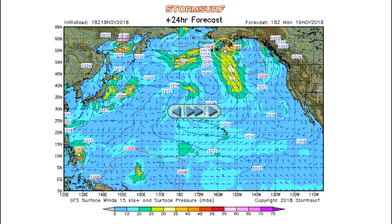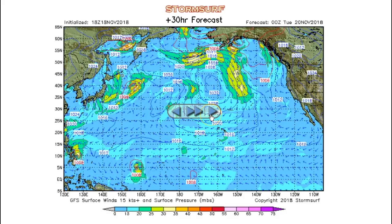As we get into Monday, yes, 30-knot winds start developing in association. We'll call it a gradient. Weak low pressure in the Gulf, high pressure at 1032 millibars in the dateline region. The tightening of isobars between the two differing pressure systems creates wind, and that might generate some wind swell, we'll